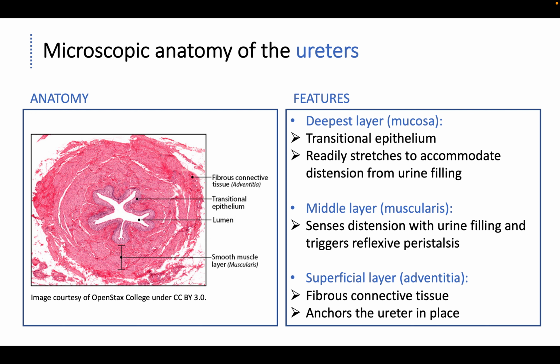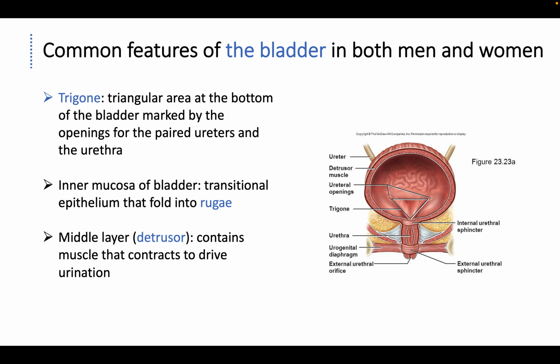Right. And then lastly, you have this outer adventitia layer, this loose fibrous connective tissue on the outside that helps to anchor the ureter in place to surrounding structures. If you recall, the kidneys are retroperitoneal, as are the ureters. These are all retroperitoneal structures. So you have a layer of adventitia that covers the anterior surface, and it's more of a binding tissue. It anchors the ureter in place so they're not just floating and moving around in the retroperitoneal space, right? So as you move down, the ureters then begin to enter the bladder, and they enter